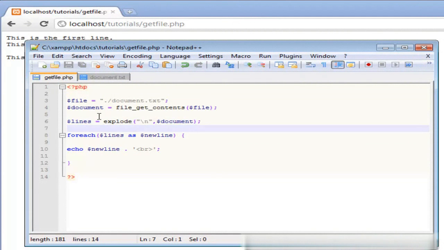It's different. So what we need to do is make a new variable called lines, and we'll explode it by each new line, and we're exploding document. And then we simply create a foreach loop to look through each and every line inside of the result we got from the explode, and we'll just echo out the actual line and then a break. So we save this,